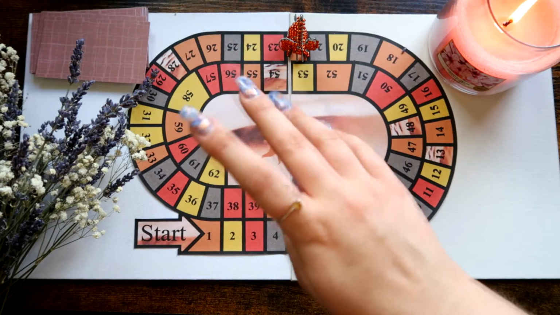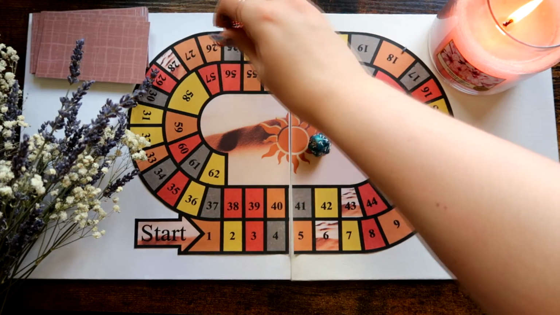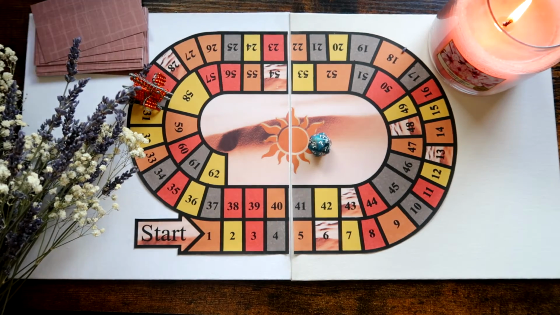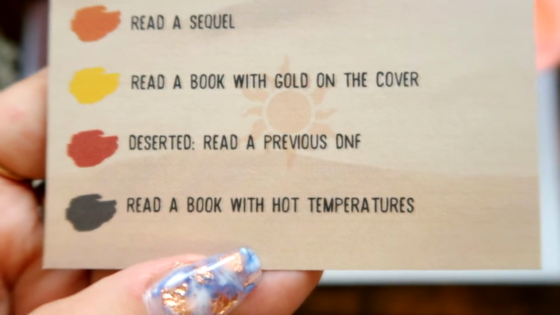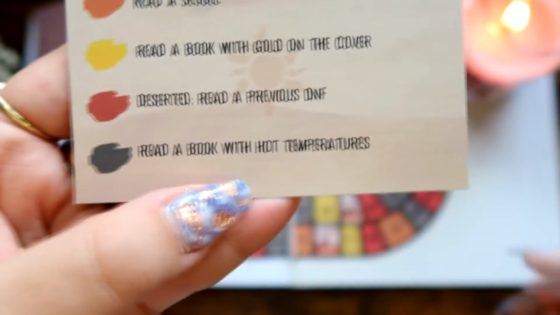And then roll number 4. Number 4. 7. Can barely see it, but it's 30, meaning it is a gray. Gray is read a book with hot temperatures. I mean, desert. That would fit. Alright. So roll number 4 was a gray, and that is to read a book with hot temperatures. Of course, I didn't have one of those on my TBR, so